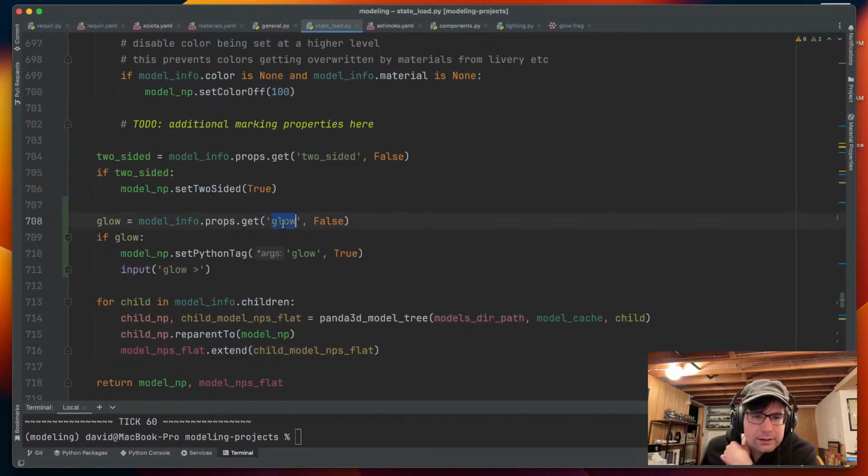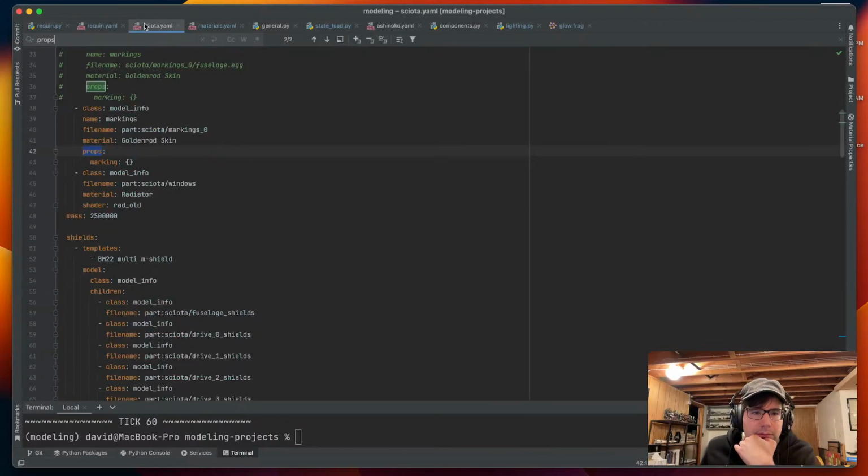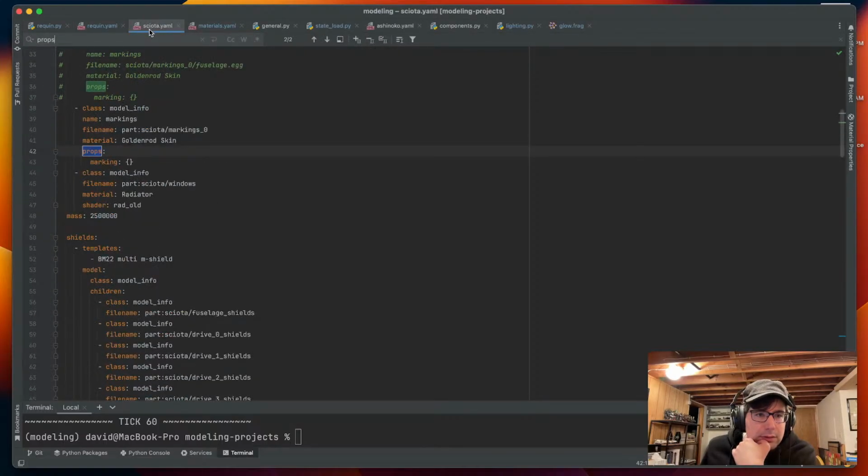Okay, so why is this not working? My props are not getting set here. If this is a YAML issue, I'm gonna